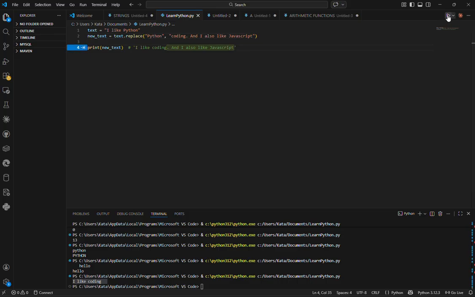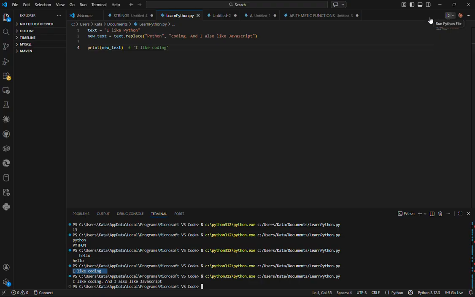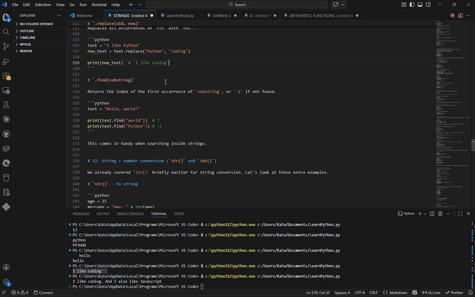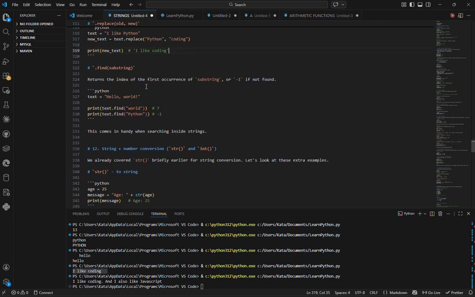And that, if we run that, it goes on to change it to whatever you want. So great later on when it comes to data manipulation, or essentially changing data that you've already been offered. So definitely a handy one to practice. We do have the .find